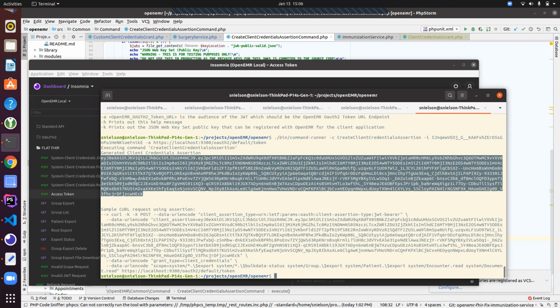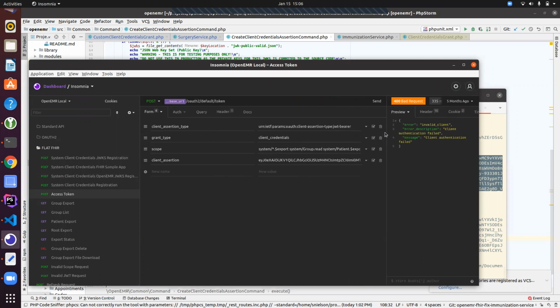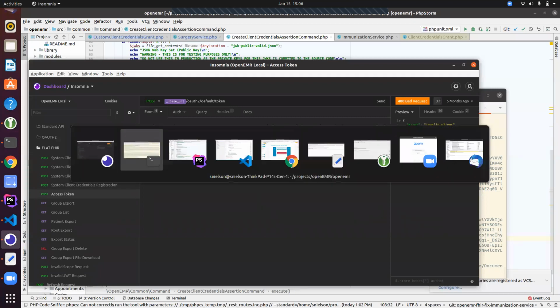This is the thing that I can then send into my access token request, and these are the different parameters. I'll do it on the curl in a second to show you how that works. But these are the things that have to be sent to my OAuth2 default token endpoint for a client credentials grant. So I'll send my grant type of client credentials, my assertion type, which has to be exactly this, the scopes that I'm wanting for my access token, and then my client assertion. And this can all be done programmatically. So once you've built it into your software, into your system API client, you can just redo this over and over again. So I would paste in my token right there, my assertion,